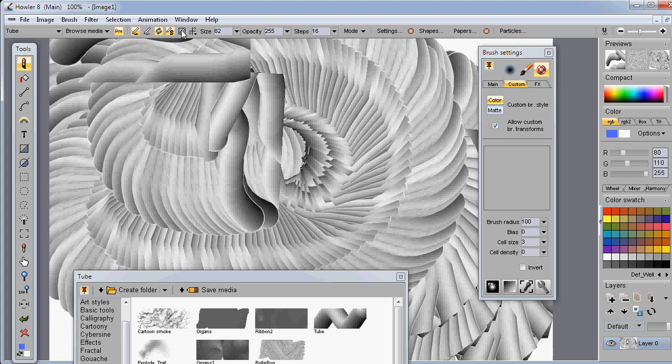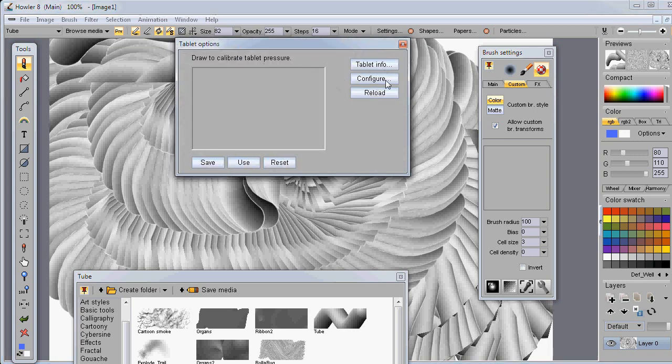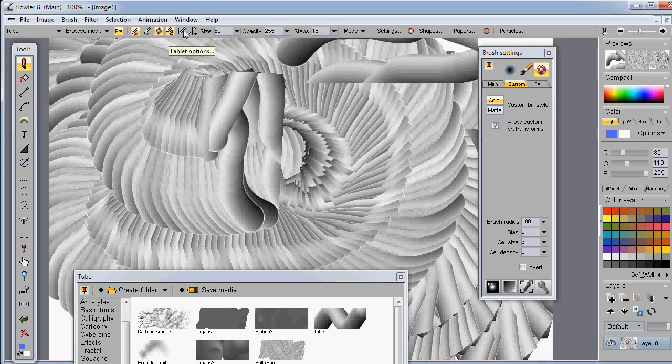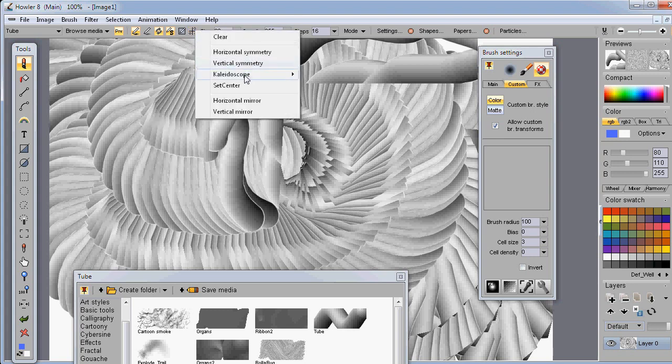Let's see, what else do we have here? There's a tablet options here. You can perhaps configure your tablet. That's something that we're just adding. I don't think we have released that in version 8 yet, but that's going to come up in a subsequent update. And then there's also an icon for, oh, this one is really cool. That's a symmetry tool. So there's a variety of symmetrical painting options, kaleidoscopes, and also the horizontal and the vertical